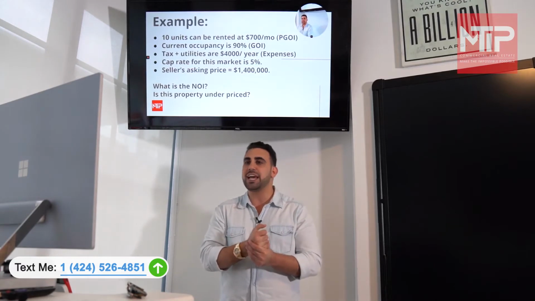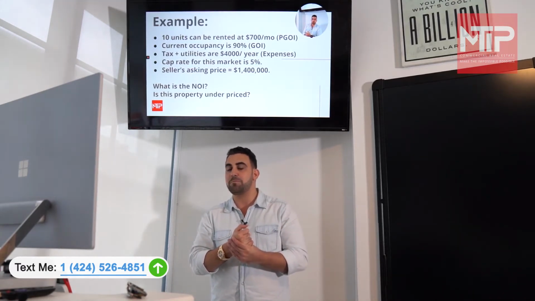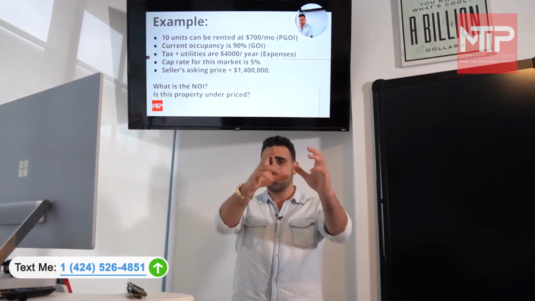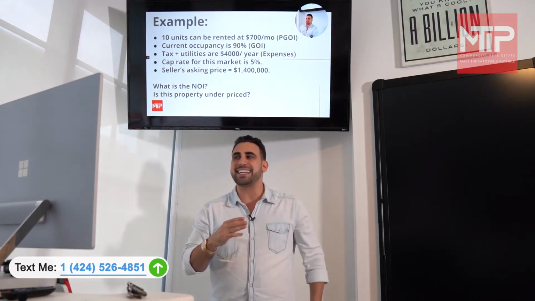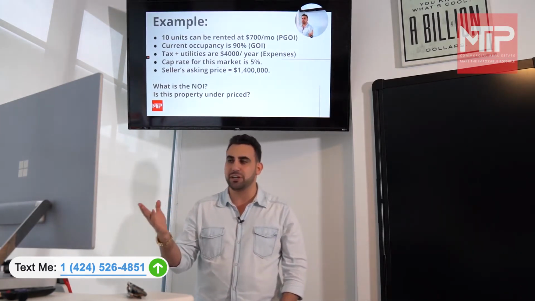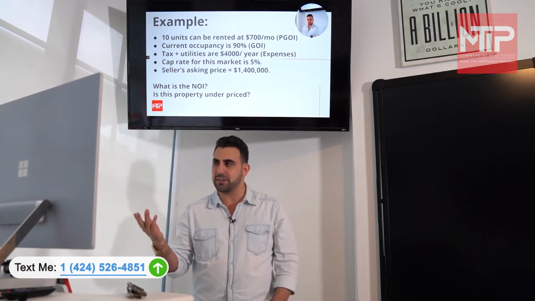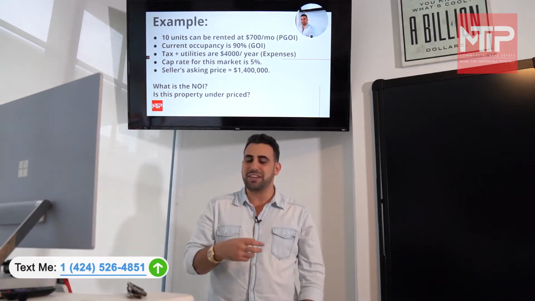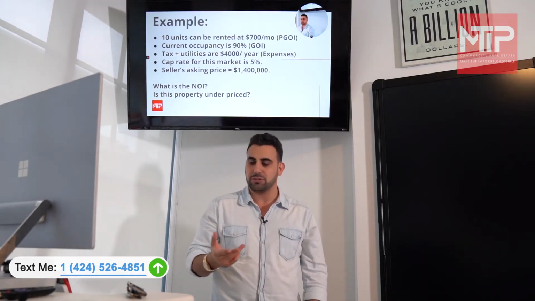Now, how do you get your NOI? So now that we have our GOI, NOI again was GOI minus expenses. Okay? Your expenses here are $4,000 a year. So assuming the math is correct here, you're going to take your $75,600 and you're going to subtract $4,000, which